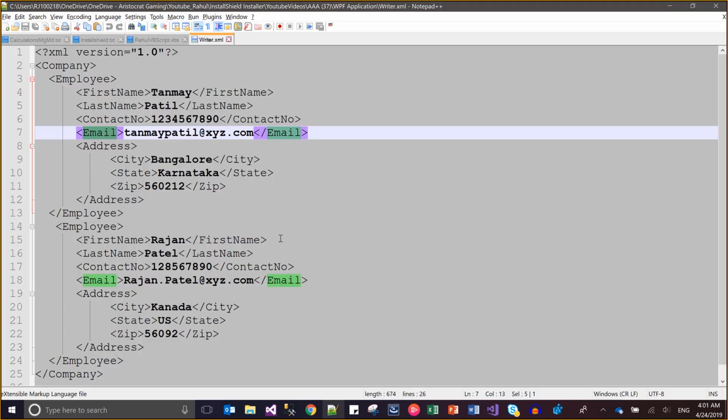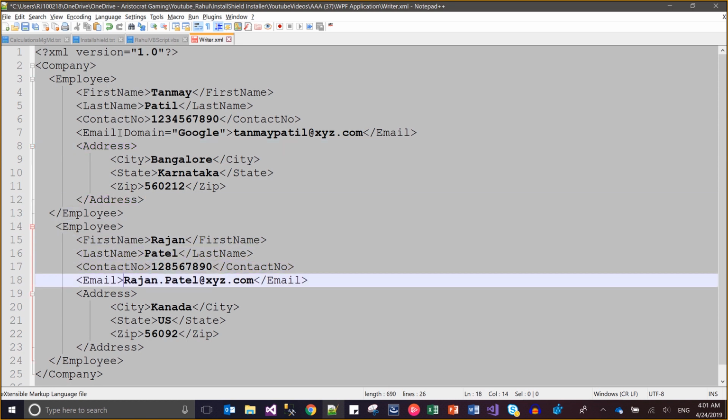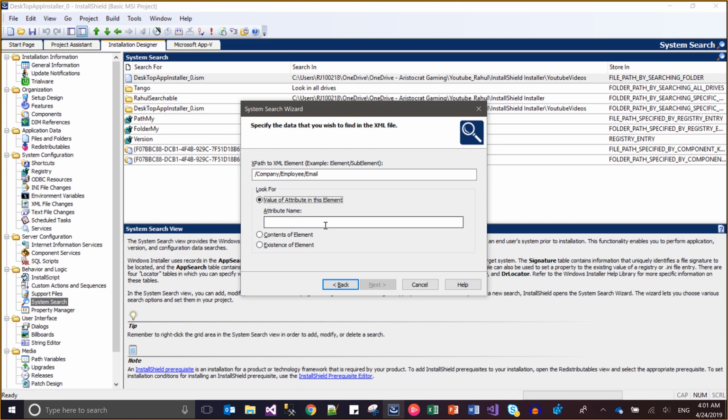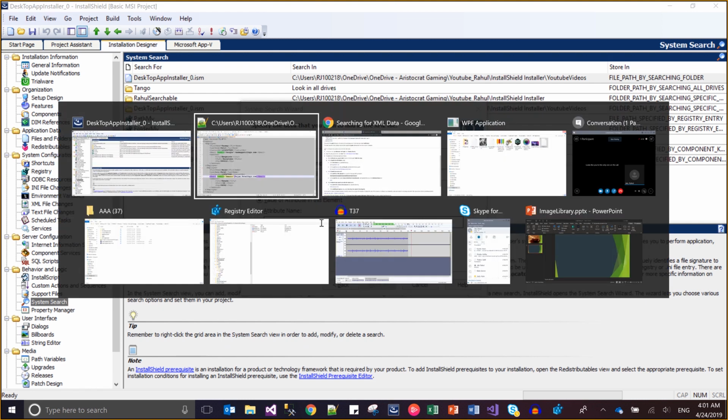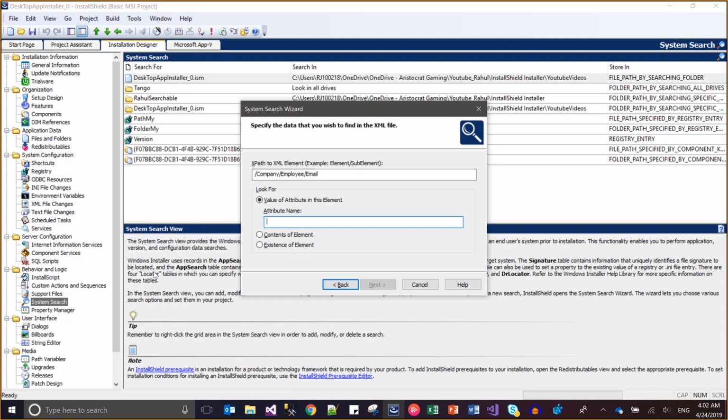In case I'm looking for the value of an attribute, what I'm doing is that I will be adding one attribute on this email, local. I'm saying that domain, Google, and say okay. So I'm looking for the value of this attribute, right? Domain attribute. So attribute name is this. So how I will be providing the values is that I will be saying add here